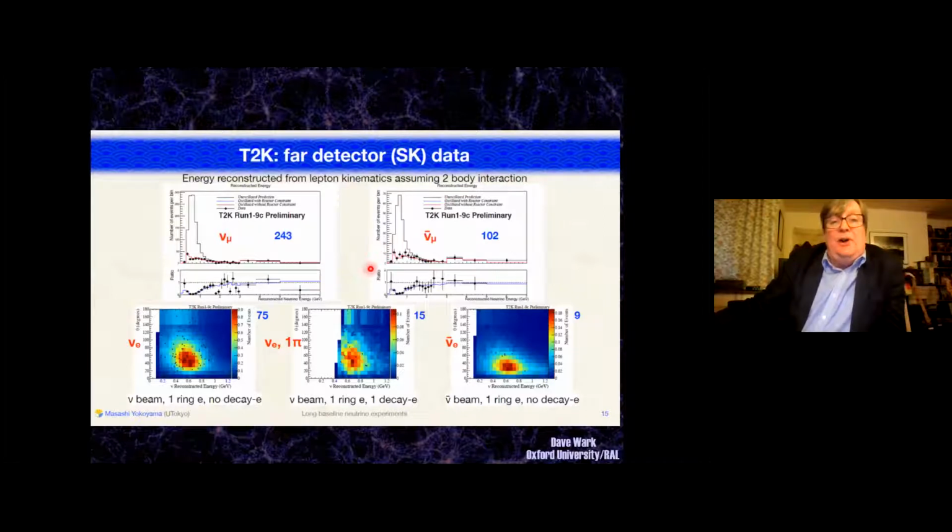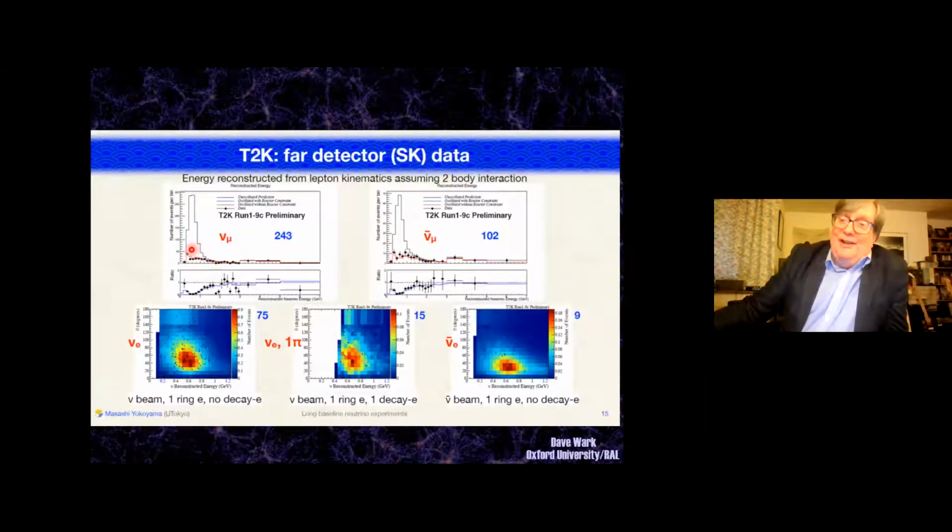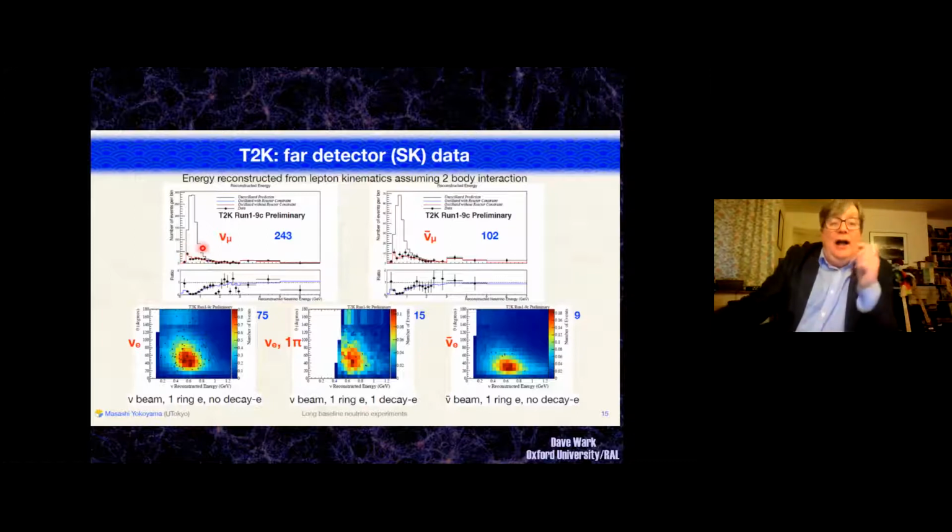Here's the data we see in the far detector. This is a slightly old slide, but the basic thing isn't different. These are the nu mu's, and the dots are the data as a function of energy, how many nu mu's you see and how many nu mu bars you see. The solid curve is what you would have expected to see at Super Kamiokande if neutrinos didn't oscillate. So obviously, there's a bunch of ones missing. If you didn't believe neutrinos oscillated before you saw this data, you have to believe it now. But of course, that's not news anymore.